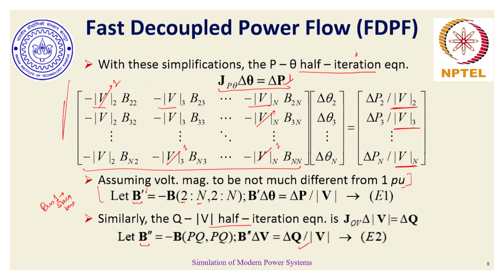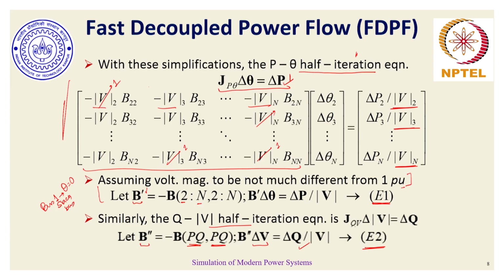And since the QV half iteration or QV equations pertain only to PQ buses, here we would have only the PQ buses, because voltage magnitude updates would only be obtained for PQ buses. For PV buses, voltage magnitudes are fixed. Similar to the fact that for bus 1 being the slack bus, its angle reference is typically fixed or chosen to be 0 radian. And now the equations that we have, which are E1 and E2, are decoupled as well